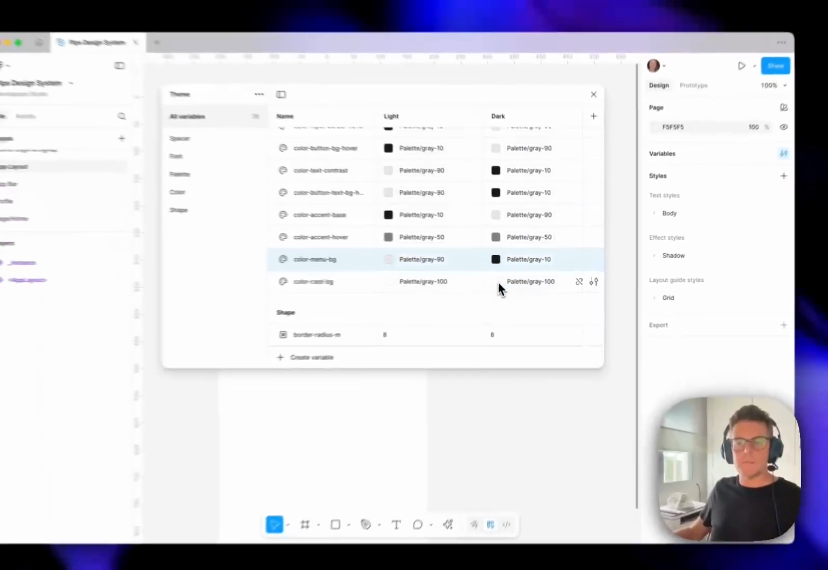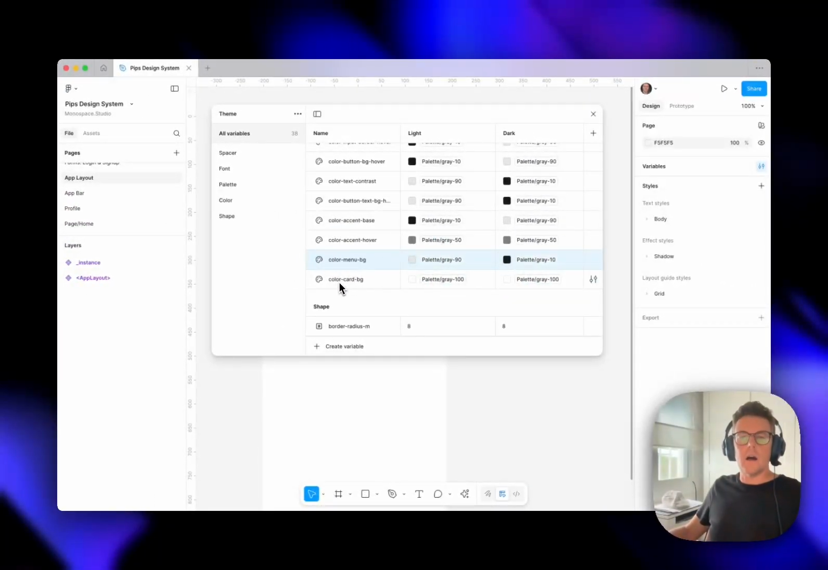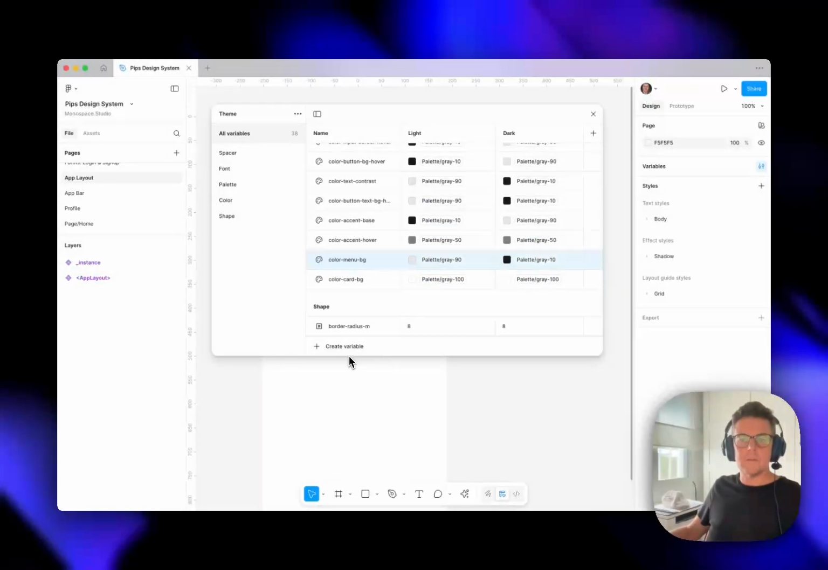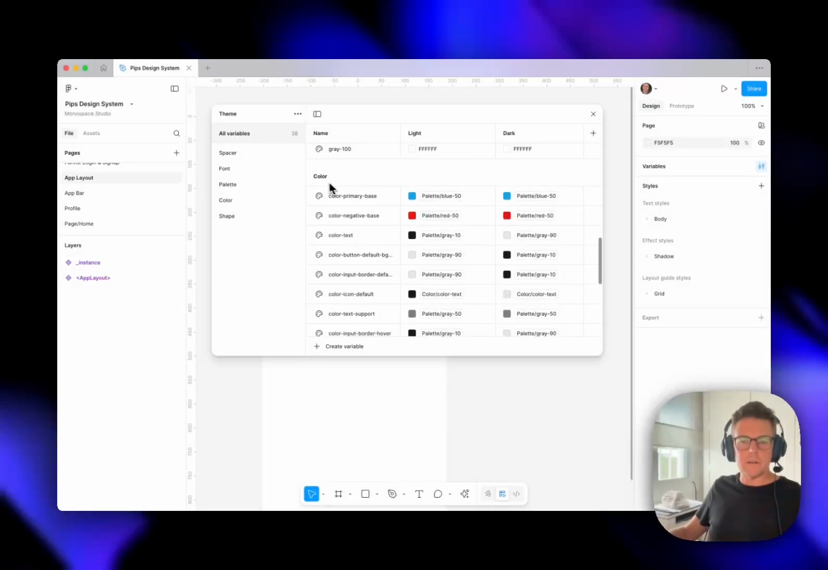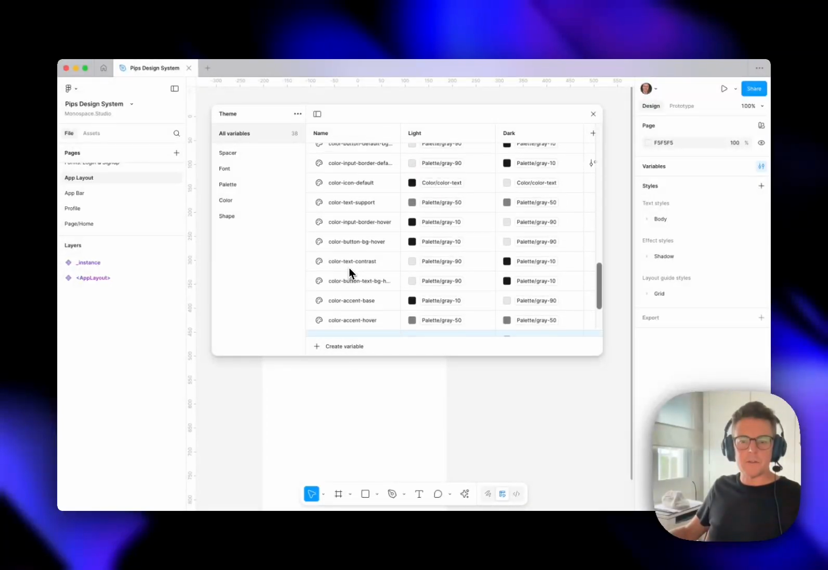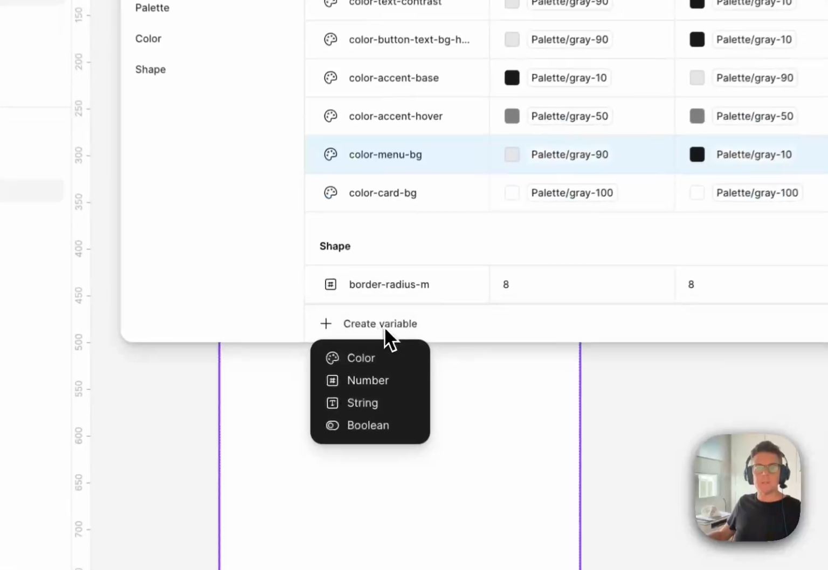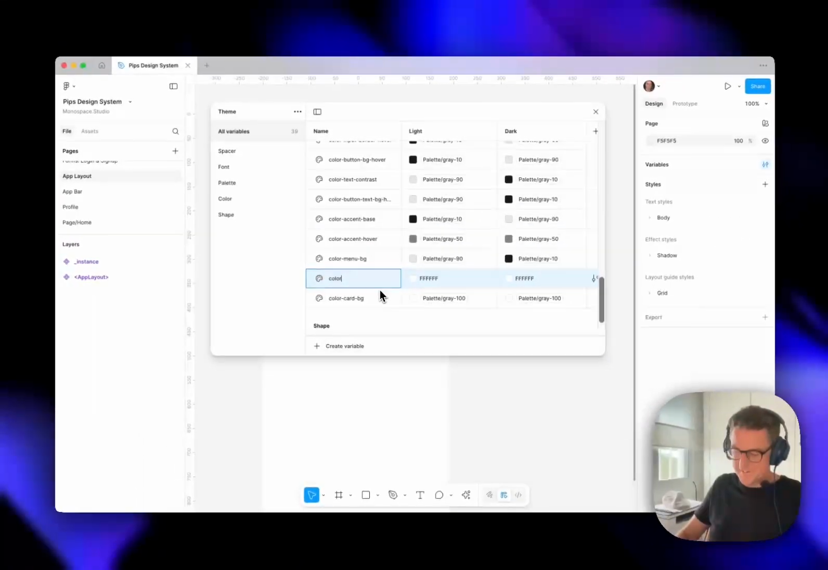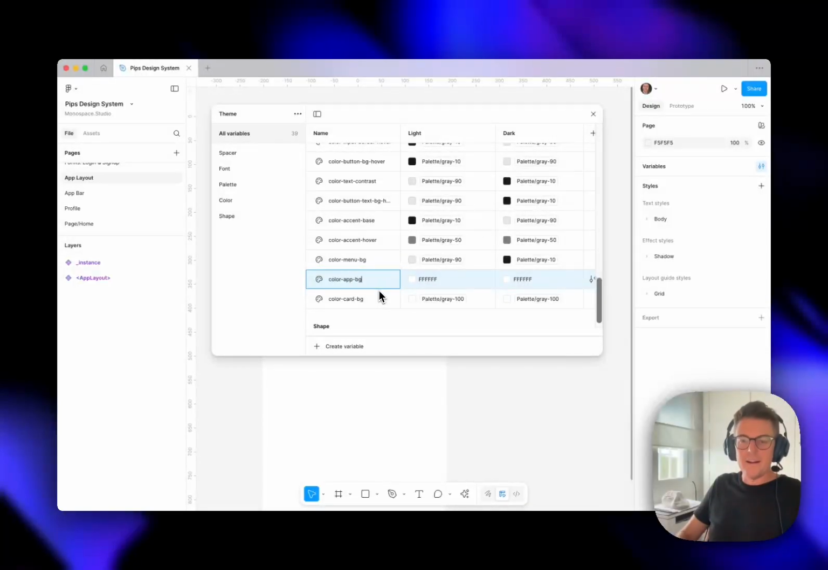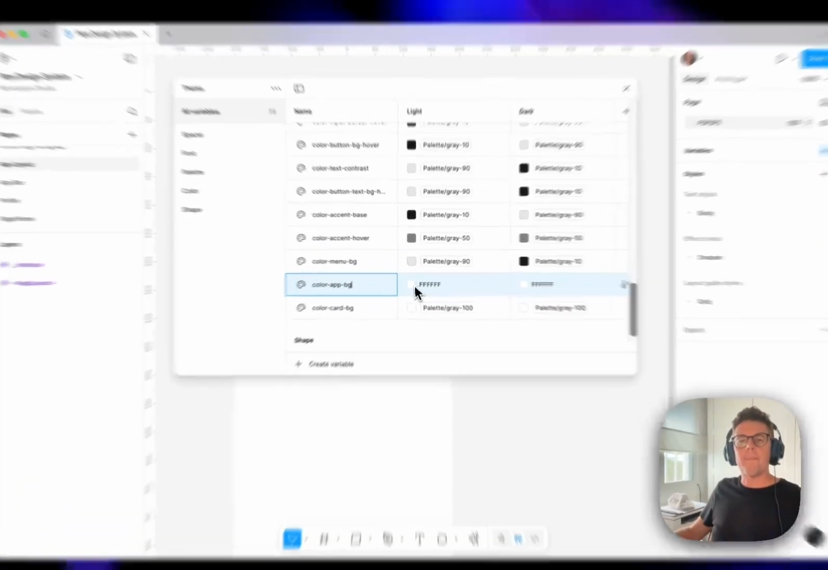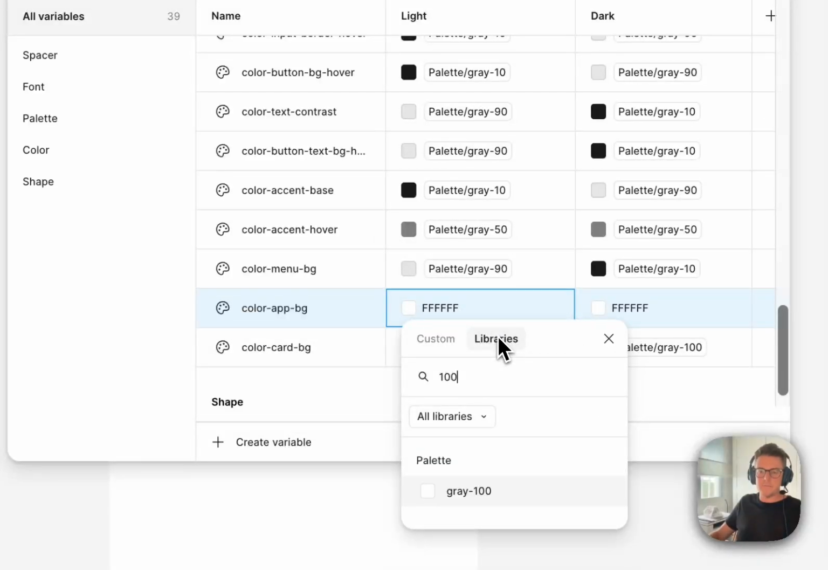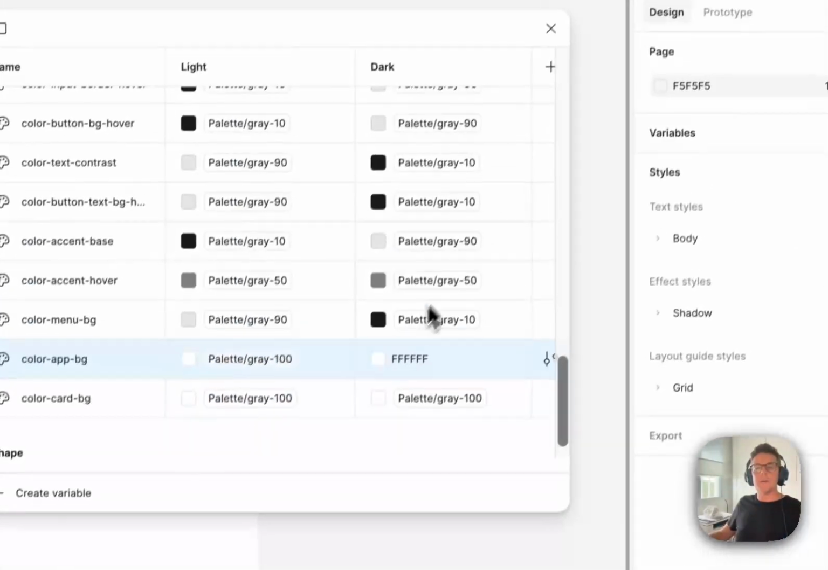Grey 100, which is basically white. Color card BG, and we also want to actually create a background for our whole app, which we're going to call, I don't think we created it earlier. I don't remember doing it. We're just going to call it app BG or something like that. So let's create the variable now called color app BG, which is going to be 100 to our library, 100,